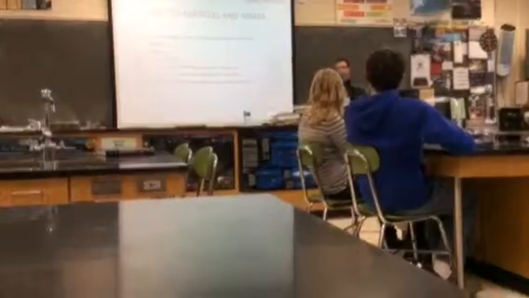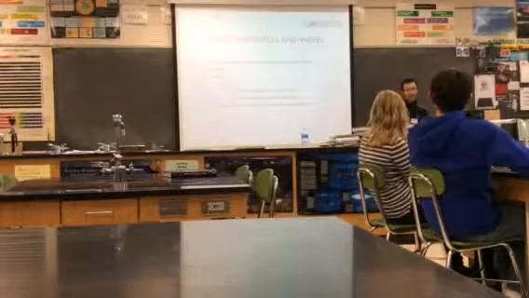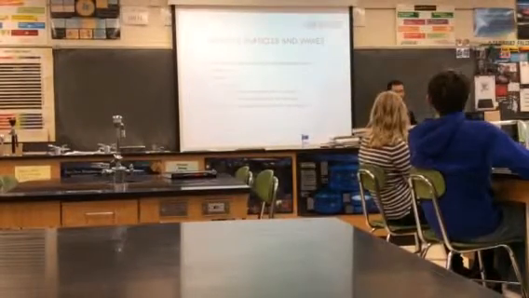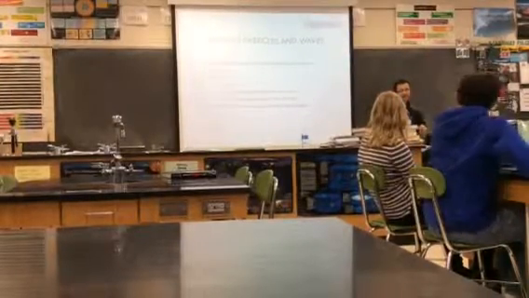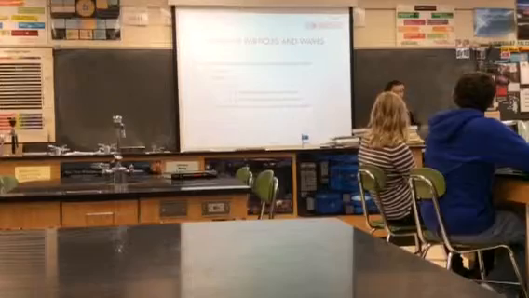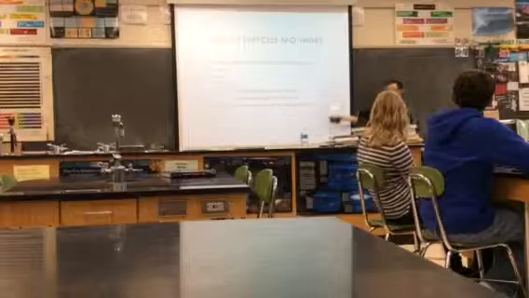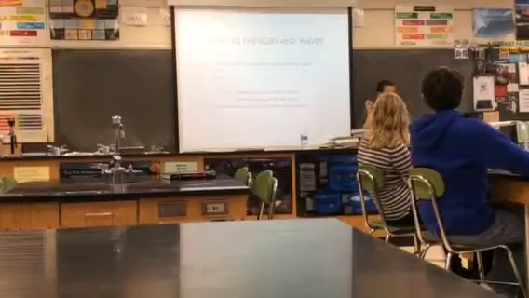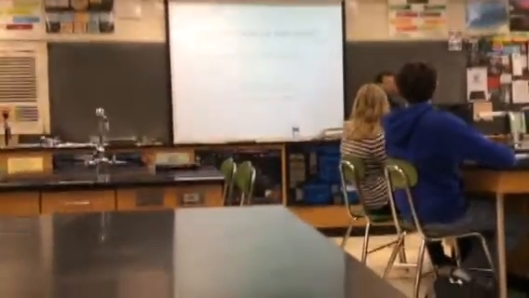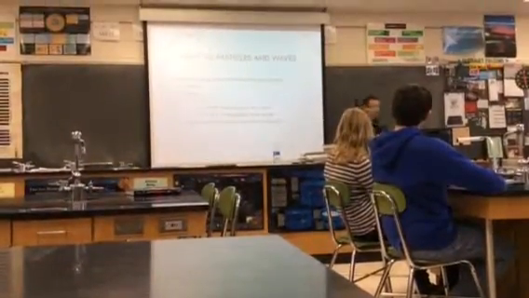So light, as scientists discovered, can be described as particles or waves. If we talk about them as particles, we call them photons. If we are talking about waves, there's an equation that describes some basic properties: c equals lambda f. Lambda here is the wavelength of the wave, and f is the frequency of the wave. c is the speed of light. The speed of light is a constant, as Einstein assumed, which hasn't been disproved yet.